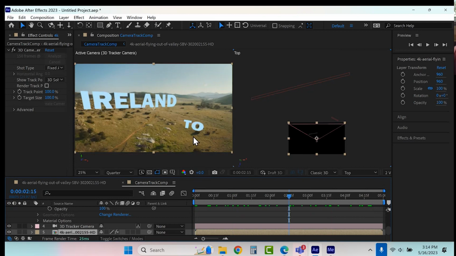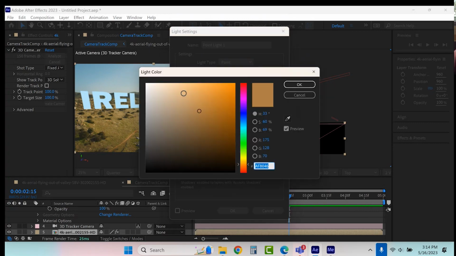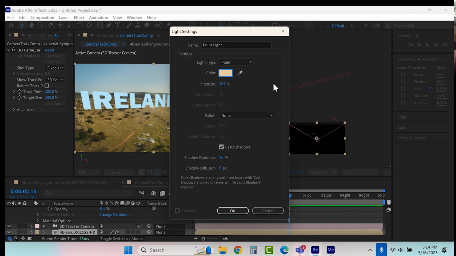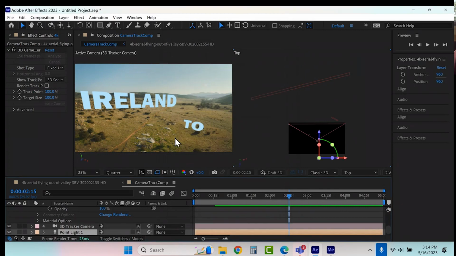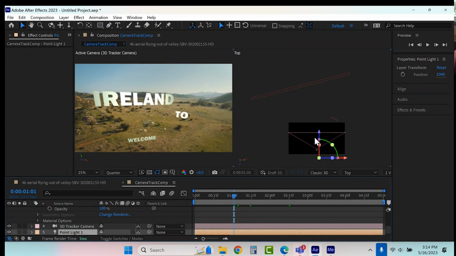One thing is, okay, I'm looking at my lighting here. Watch this, layer new light. I'm just going to go with a point light and have it be this nice, warm, kind of yellow light that seems to be here. Maybe make it a little bit lighter. Okay, and I'm going to say, does not cast shadow. And you see now my text is lit by that light.